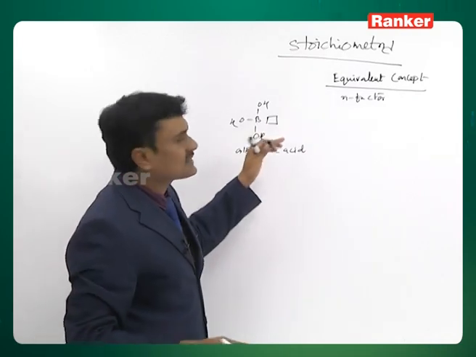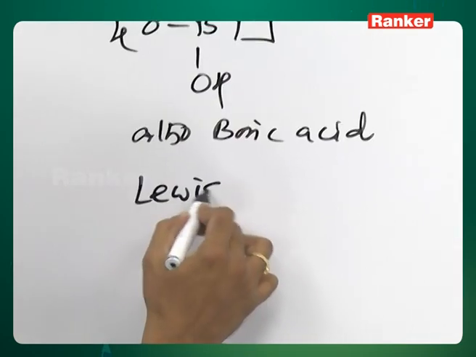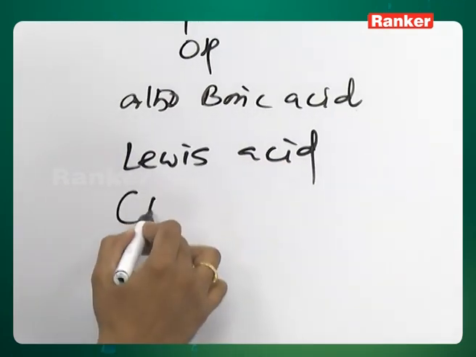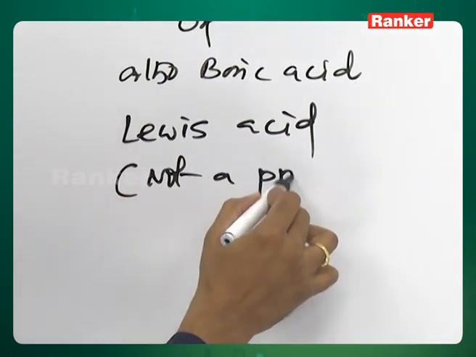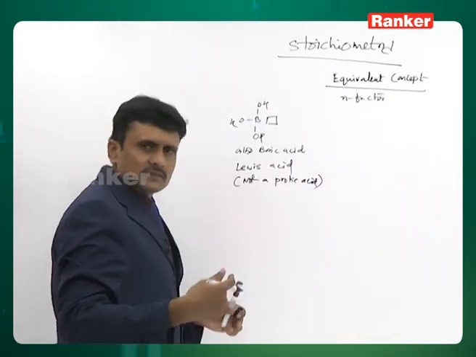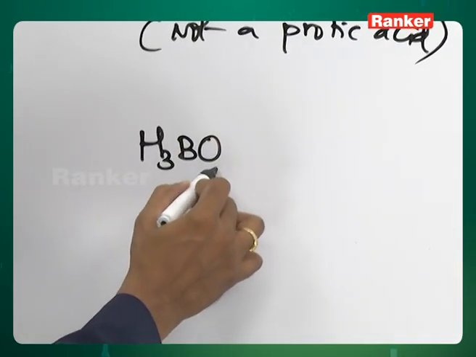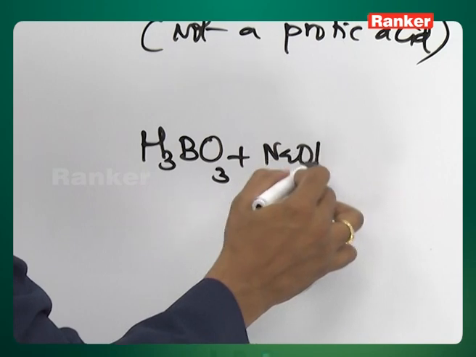So this is always hungry for the electrons, acting like a Lewis acid but not a protic acid. It is not going to donate a proton. So now when this is reacting in a certain reaction, say the orthoboric acid reacting with sodium hydroxide to give